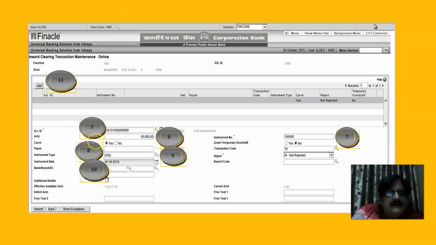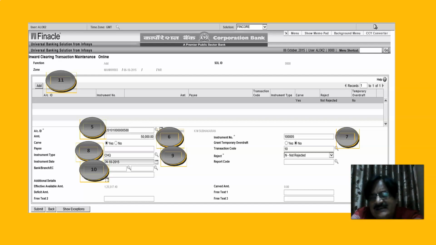So you can see here this 5 number column, it is the account ID. You get this signature icon here, and this is the detail. In front of the searcher there is account details, you can see the account is active, what is the balance available, the mode of operation, you can verify, and there is a signature icon on the right hand side of that. So you click on that, you'll get a signature, you can verify that.